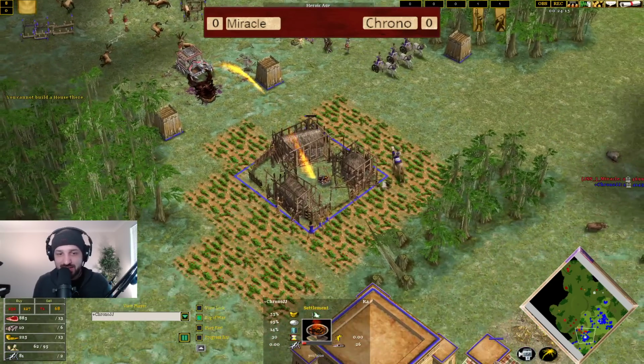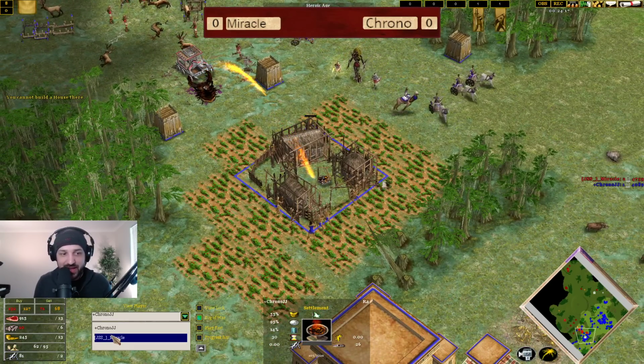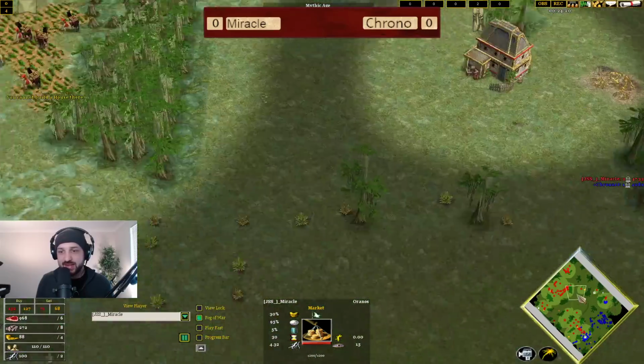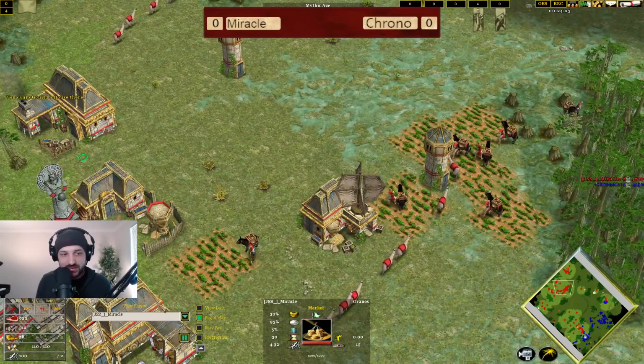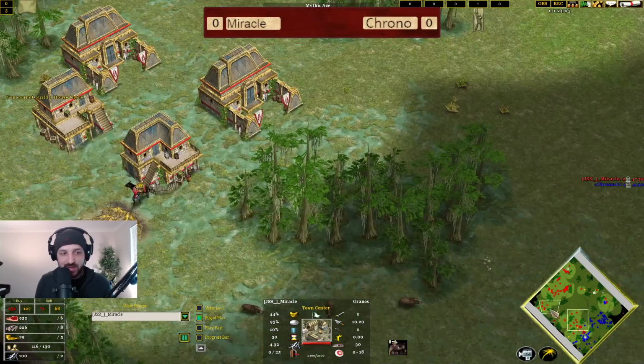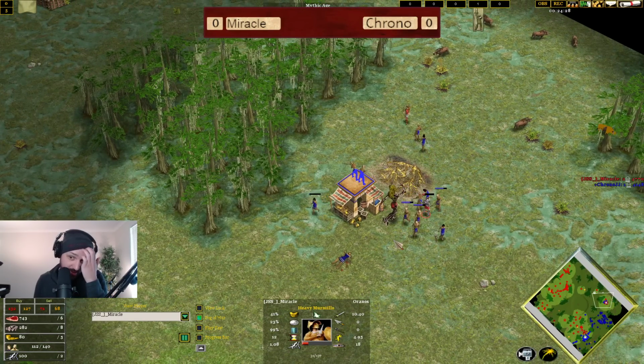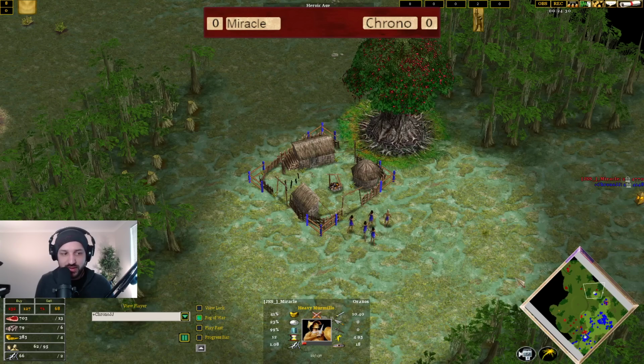So we do indeed see this settlement getting taken out, getting prevented as Miracle has sent off his llama caravans here. They're going to get him his gold back. He does need his houses. Back to 130 population. This town center is almost up. We see some raids coming onto this gold mine of ChronoJJ. Chrono really cannot be